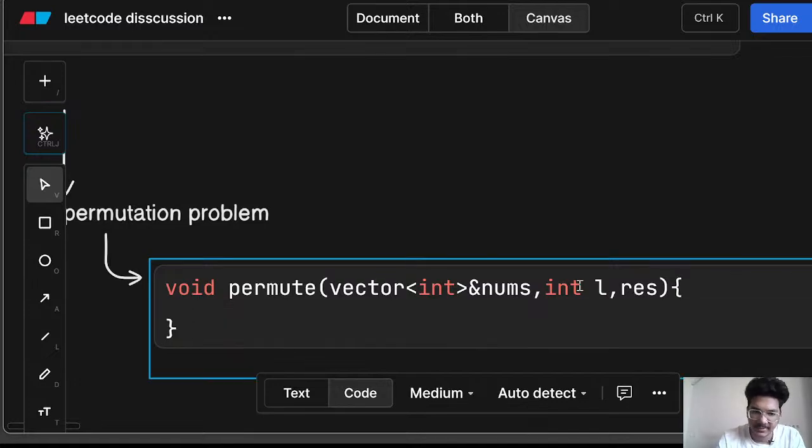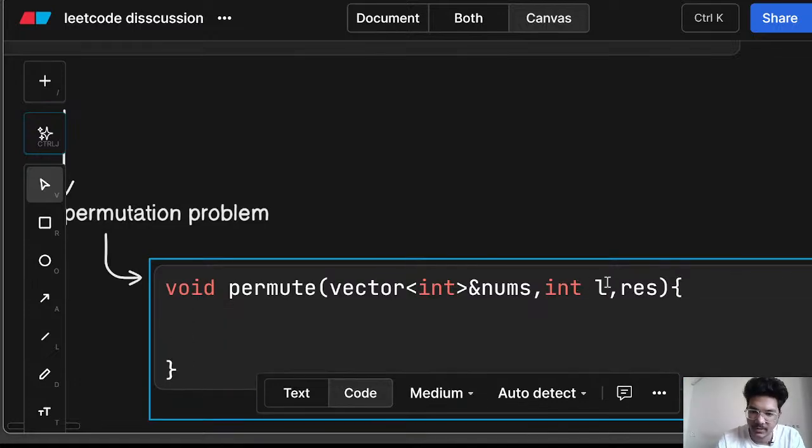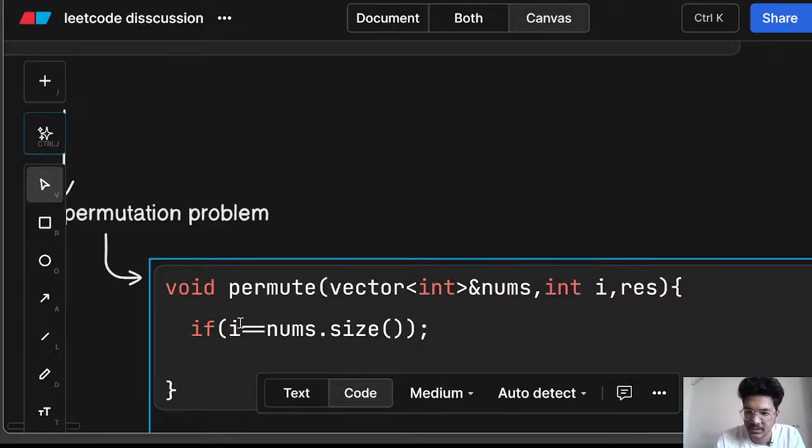What we have to do, if this one is i, right, okay. So if we reach nums dot size, so in this case, if we reach the end, simply we have to